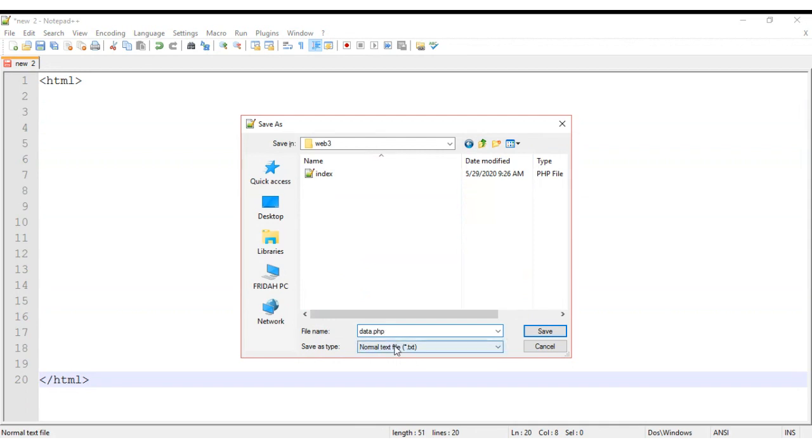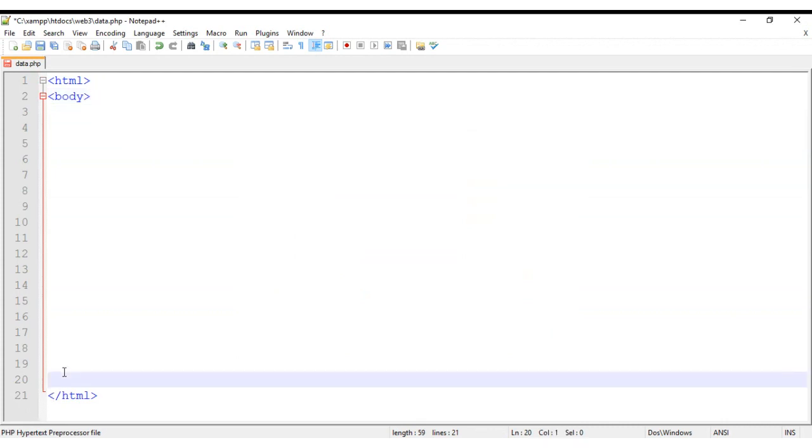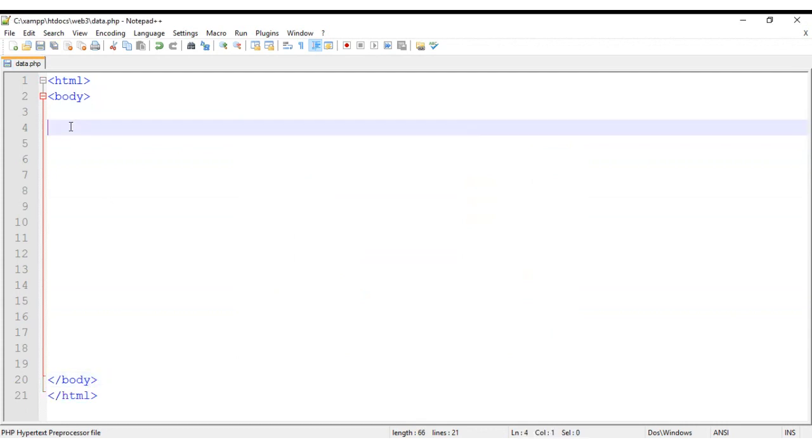The extension must be PHP. Then here we can have the body. Remember to close the body in your program. Now you can declare some variables, and once you declare a variable, you have to assign it a string value. Remember, you have to end that statement with a semicolon. So you can have a dollar sign, maybe $x is equal to